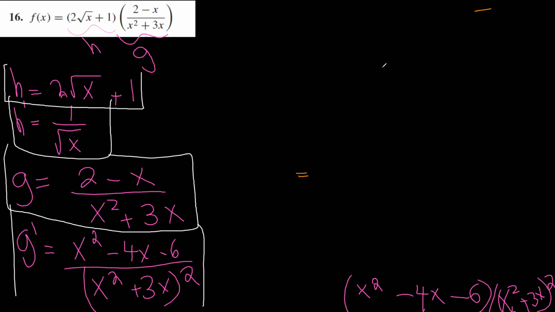We know that if you want to find g prime, I have to use the quotient rule, and the h prime, it's very easy. I used the basic techniques of differentiation. Now we have to solve the problem. Here now, these two functions, h and g, are multiplied. So you have to use now the product rule. In the product rule, we say that